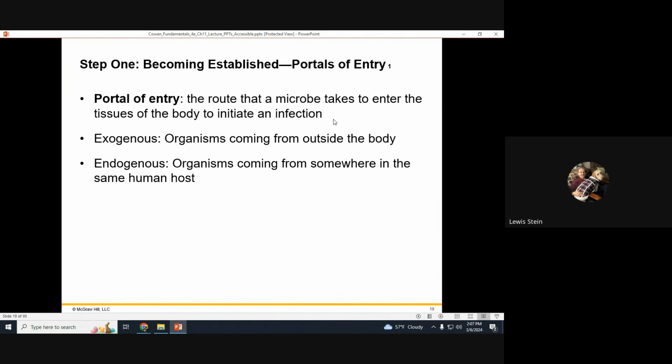There are oddballs. You could conceivably get a nasty infection if you had an open sore and somebody was bleeding and it was in their bloodstream. That's not necessarily the way it would typically be spread. Conceivably that could happen, but that's pretty rare. And as I said to the other class, for many of you who are going into the